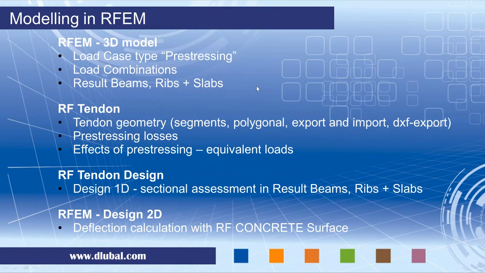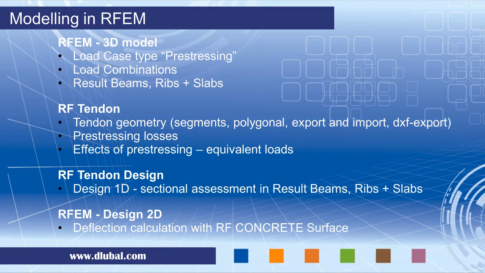So I explained the design, or I would say sectional assessment or sectional check, in result beams and ribs, but you might object that this is a 2D member, this is a slab. Then, of course, once you have designed these 1D fictive members, you get some non-pre-stressed reinforcement as an additional reinforcement which has to be put into the slab. And you can also